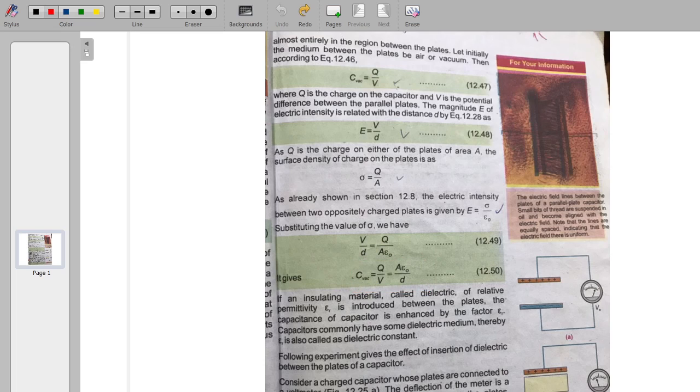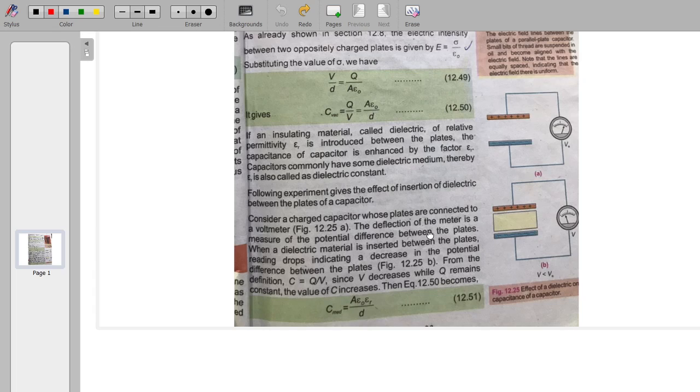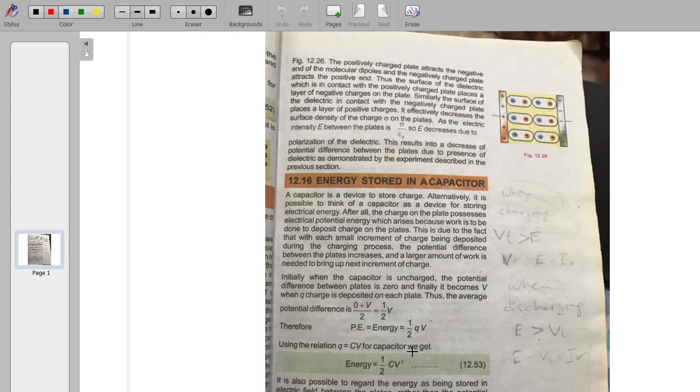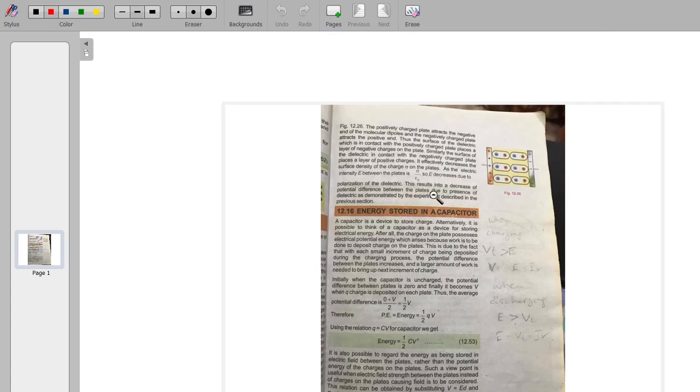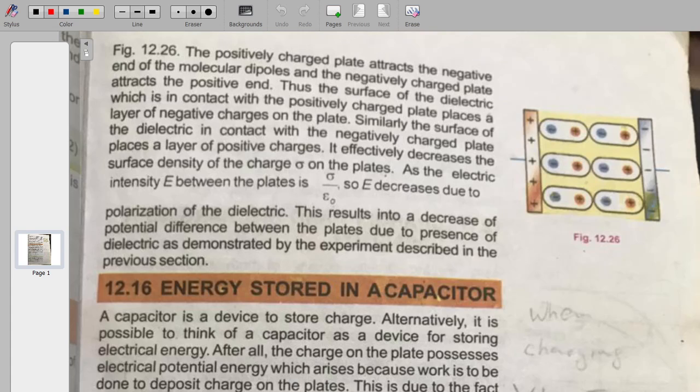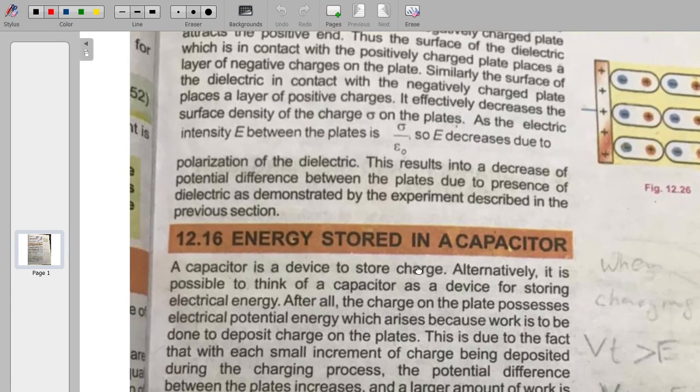What else? Oh yeah. So if they are of different materials, we could just put, instead of this one permittivity, two permittivities, and this would give the capacitance. And on the last page we have